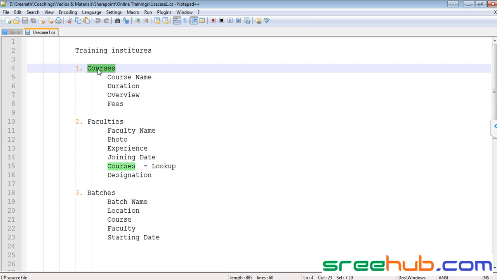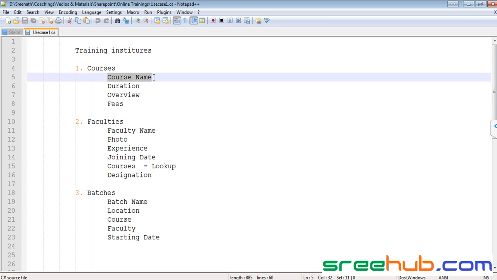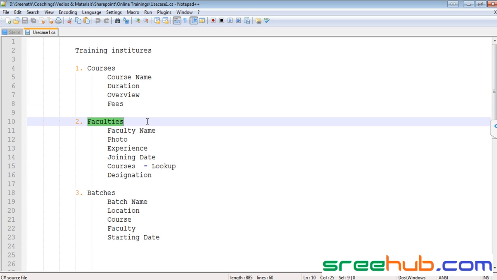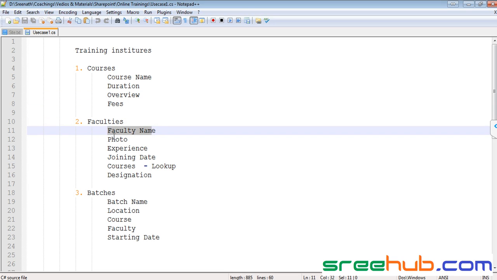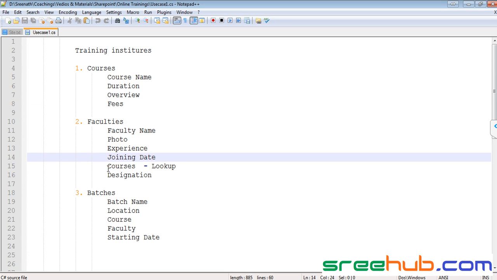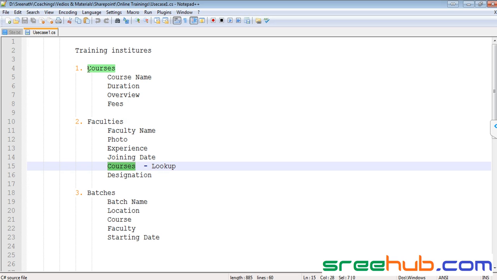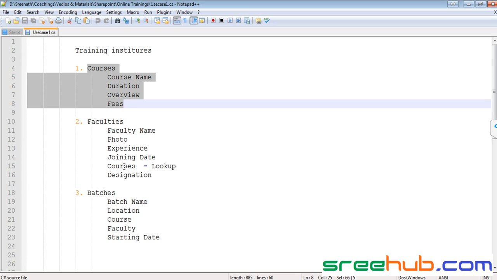courses. Under courses we have something called course name, duration, overview, fees. And faculties. Under faculty we had faculty name, photo, experience, joining date, courses, and designation. So what we were doing is we were taking these courses from this list. So again we'll be seeing one more thing